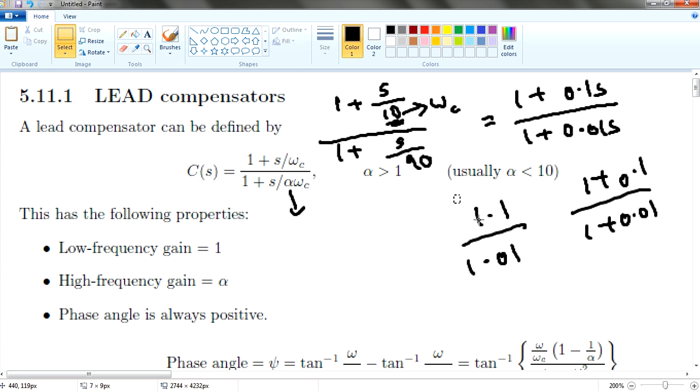Why do you want to increase only a little bit, not very much? It's because you want to just